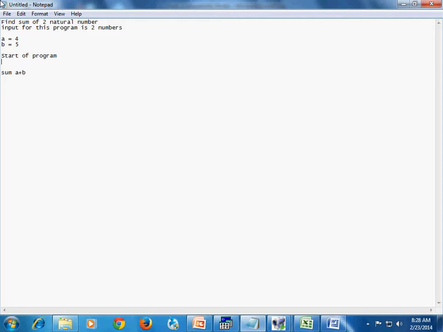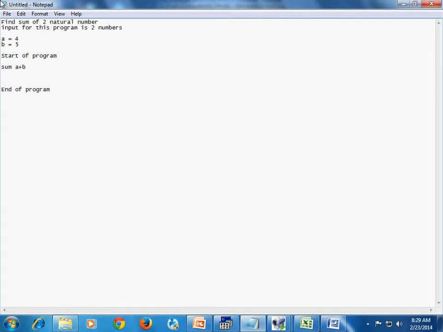So assume this is our program, the start of program, and we will have the end of program. After the start of program, we have written a code called sum equal to A plus B. Throughout the program, the values of A and B will be constant. They will not change.